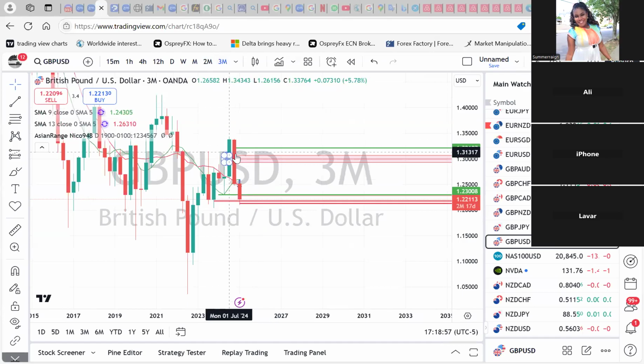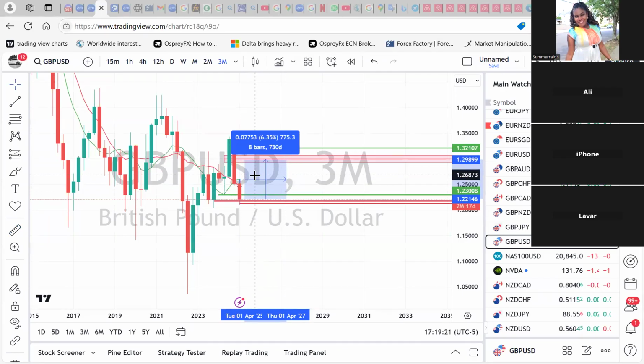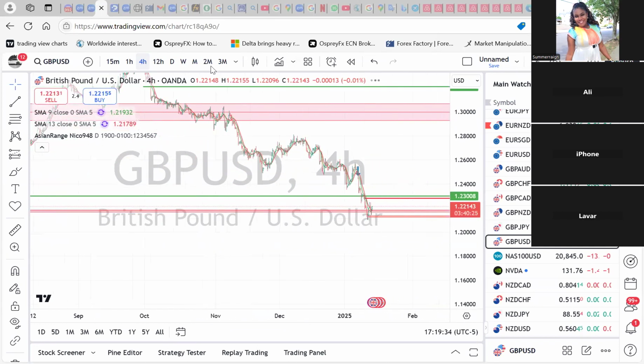But we had discussed this trade in the call too, that once we took out these lows, I expect the price to start buying up. The zone is already marked. So if one of you savvy jokers got in this trade, even if you just did it in your demo account just to see where you could take this trade, it's about 775 pips to the imbalance,